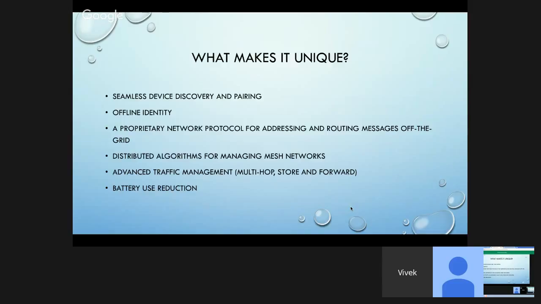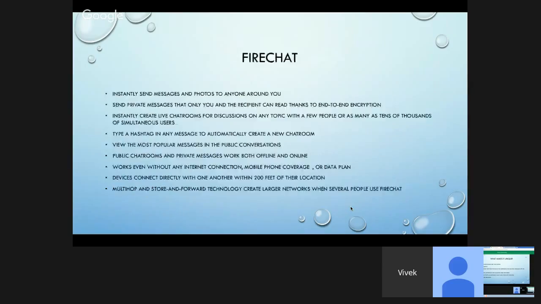And now I'm going to talk about an app that is made by Open Garden, and this app makes use of Open Garden, and it's available to download right now for Android or iPhone or whatever. And that app is called FireChat. And FireChat is basically Open Garden, but it's made for phones. And Open Garden was released, like the concept was shown about 4 years ago. So in that time, they created the app FireChat.